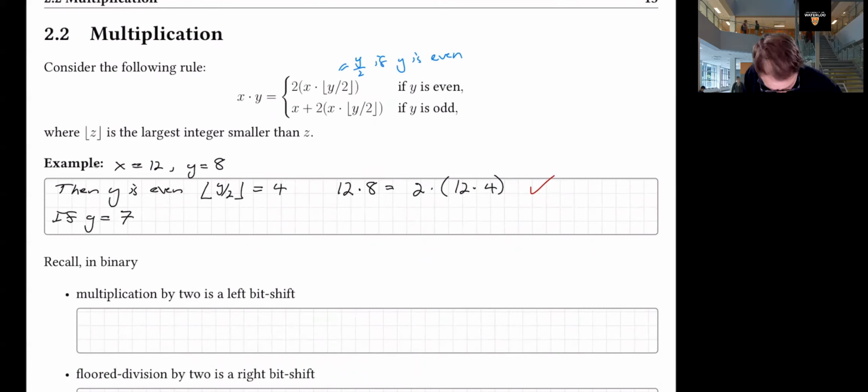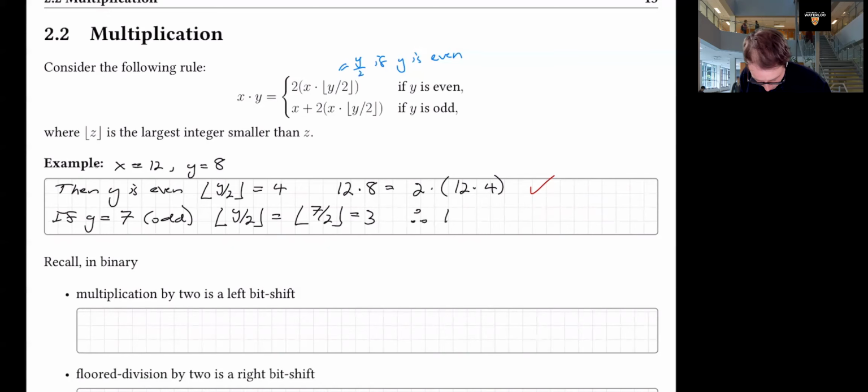On the other hand, if y is equal to 7, which is odd, then the floor of y over 2 is going to be the floor of 7 over 2. 7 over 2 is 3.5, so the largest integer smaller than 3.5 is 3. And so the result would say 12 times 7 is equal to